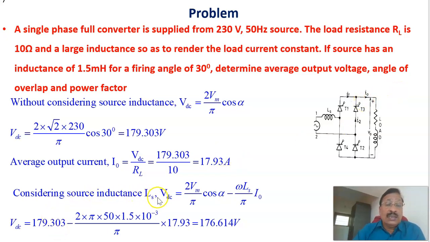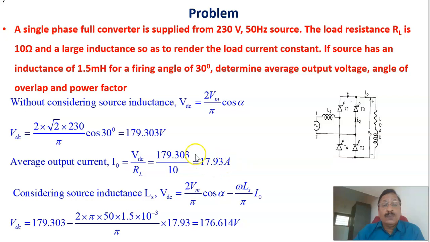Now, considering the source inductance, the corresponding equation is 2Vm by π cos α minus the drop across the inductance, ωLs divided by π into I0. We calculated I0, and 2Vm by π cos α is already calculated as 179.303 volts. Omega equals 2πf, 2 into π into 50 hertz, and Ls is given as 1.5 millihenry, divided by π into I0, which is 17.93 amperes. After subtracting this drop, we get